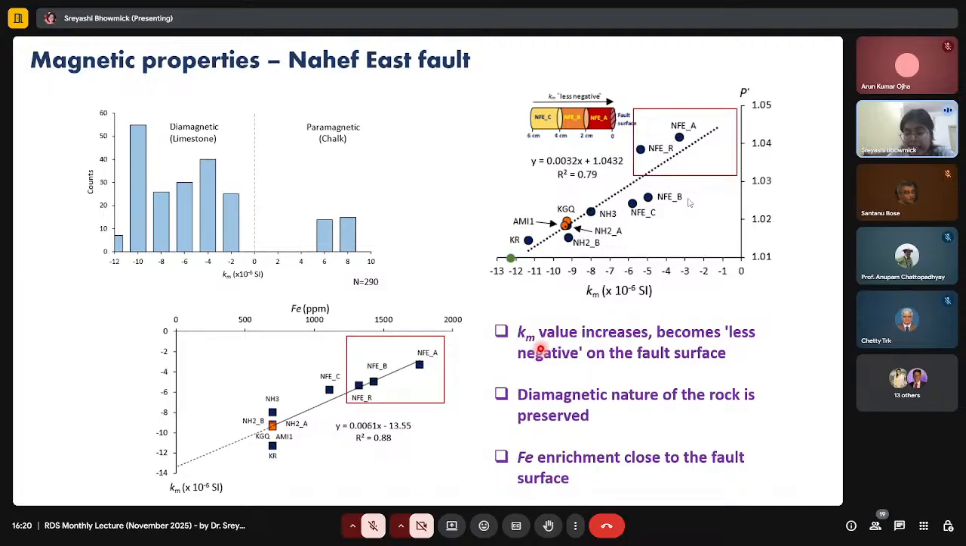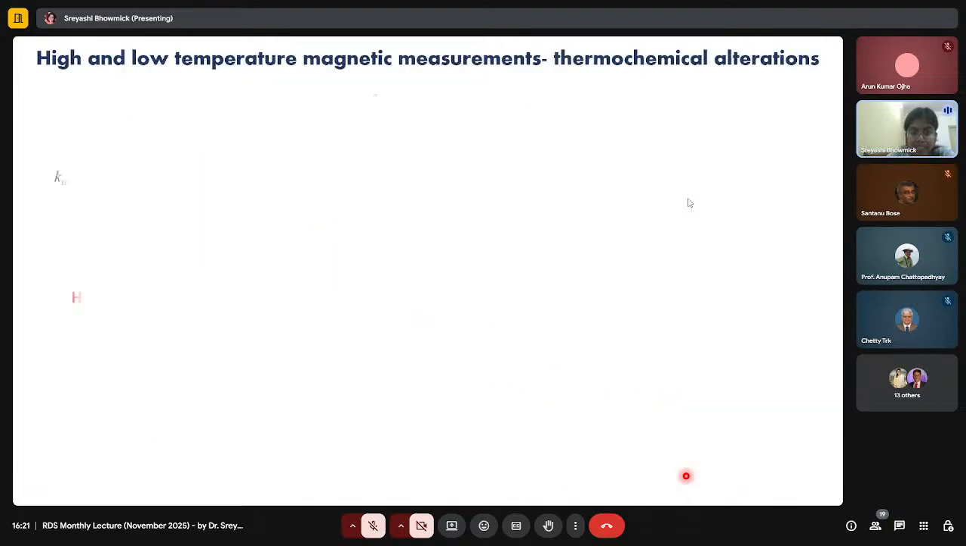First, the Km value is increasing, or becoming less negative, on the fault surface. However, the diamagnetic nature of the rock is being preserved. That means it is still in the negative quadrant. So this can only happen if there is some iron enrichment along the fault surface. But from here, we can understand that there is an iron enrichment, but we need to know the exact phase,